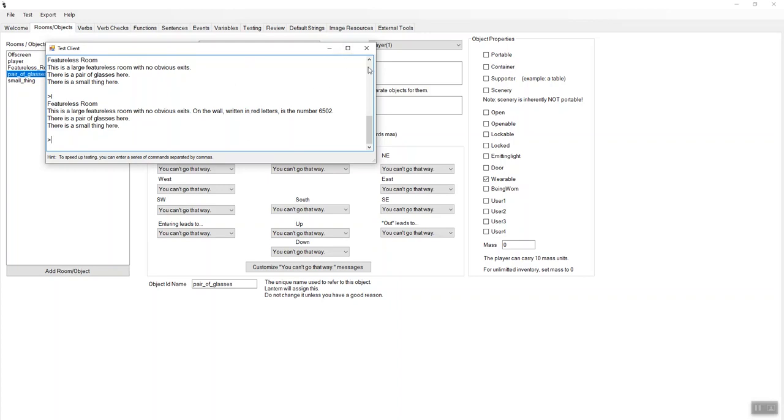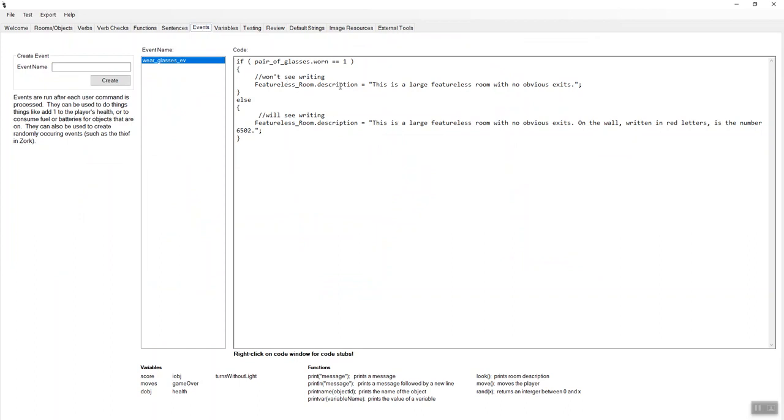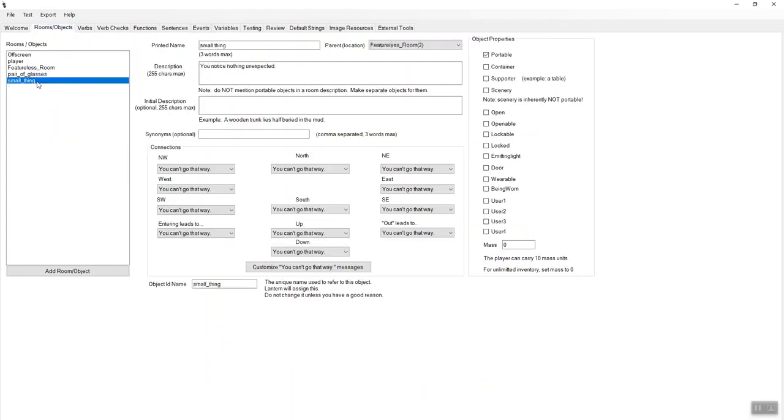All right, so that's how we can change the description of an object, right? We can just change its description property. Now let's change what happens if we look at the small thing here. So let's